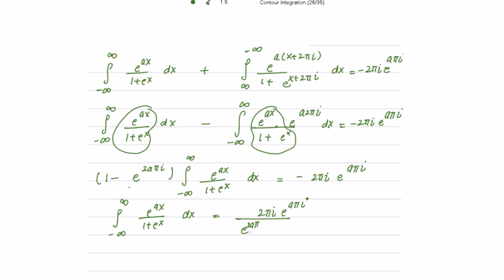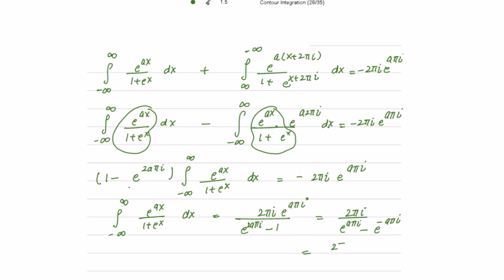So I'm writing e to the power 2a pi iota minus 1, right? Okay, so because I'm having e to the power a pi iota in the numerator, taking e to the power a pi iota common from the denominator and cancelling them. So this is 2 pi iota over e to the power a pi iota minus e to the power negative a pi iota. And this is a very beautiful